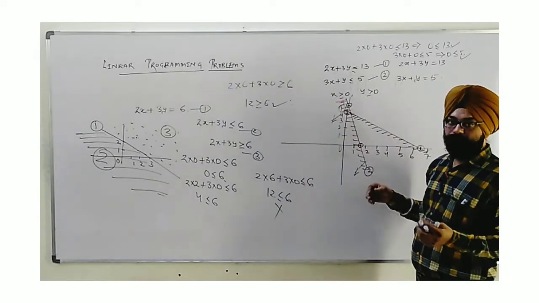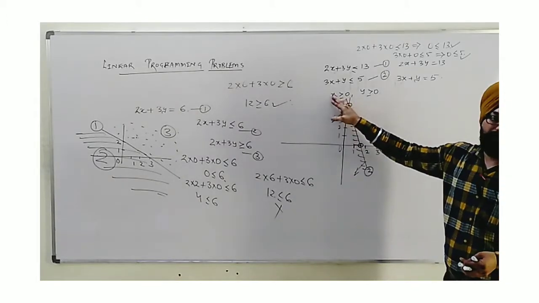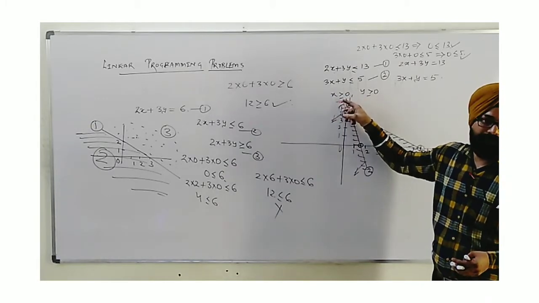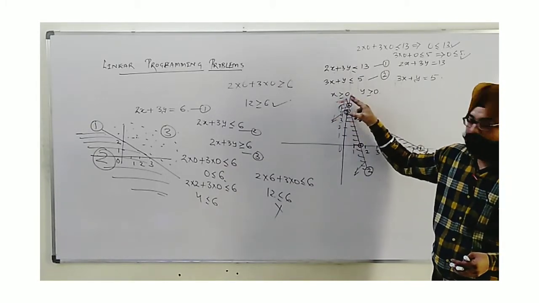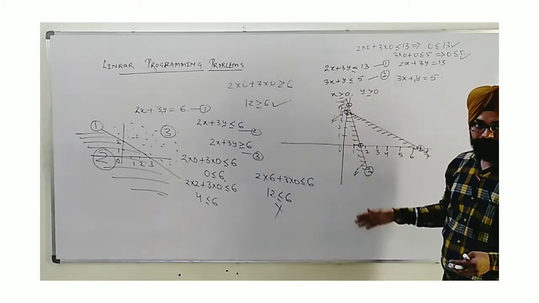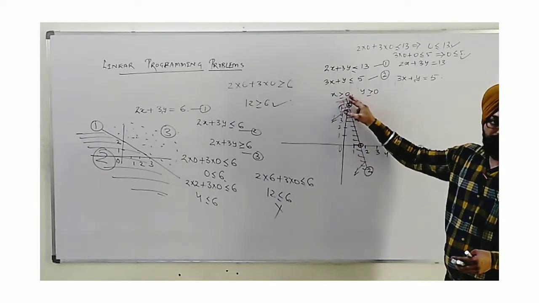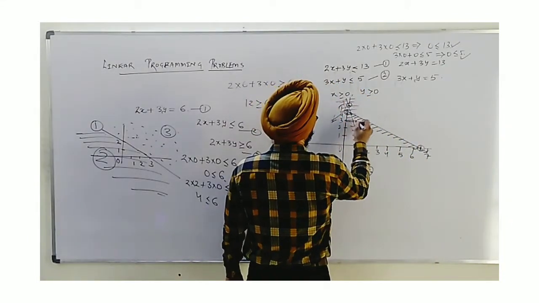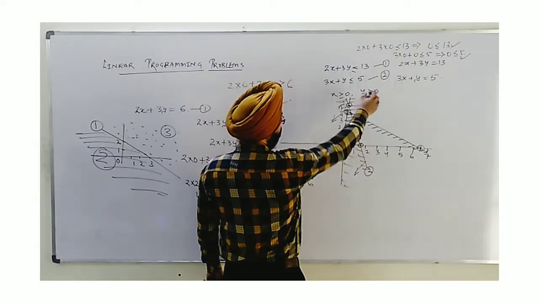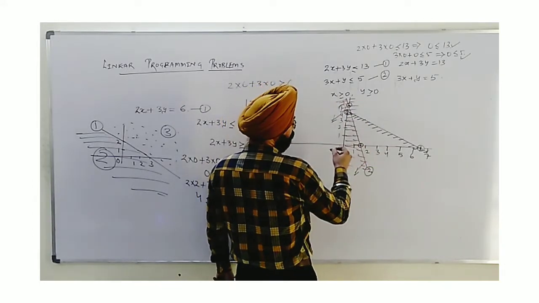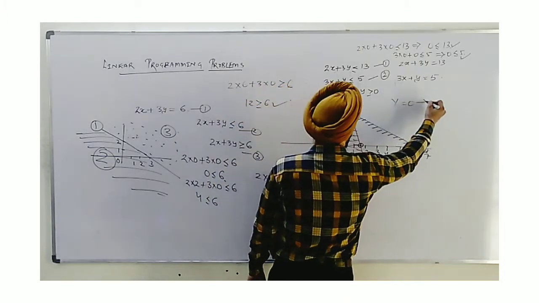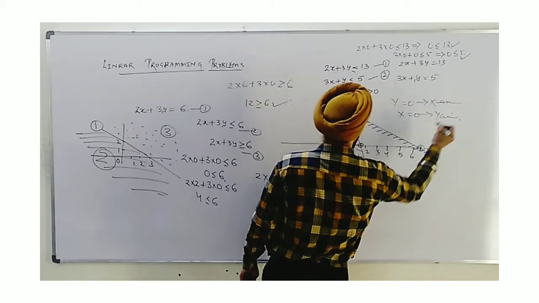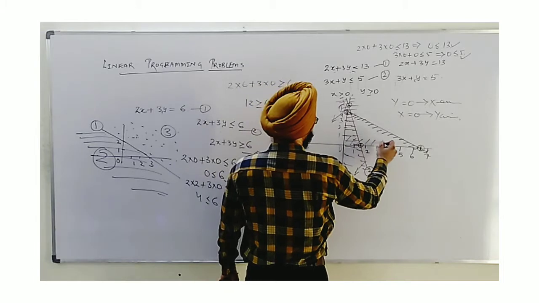X is greater or equal to 0. This also is strictly, suppose we want to plot on graph, then we will convert this in the form of a line. And form of line means we have to replace this inequality sign using the sign of equation. Means x equal to 0. X equal to 0 is the y-axis. So x is greater or equal to 0. As earlier I said, this will be about the first quadrant with respect to the y-axis. And here y is greater or equal to 0 means we are talking about the x-axis, as y equal to 0 is the equation of the x-axis and x equal to 0 is the equation of the y-axis. So with respect to the x-axis, towards the first quadrant.